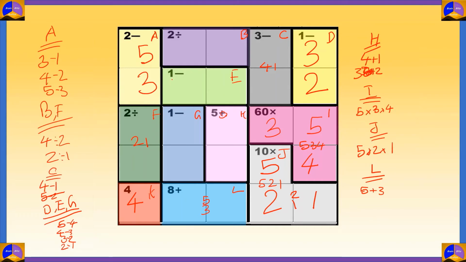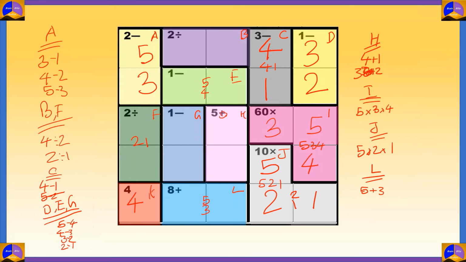Now let's look at cage E. Now in that row, the remaining numbers are 1, 4 and 5. But 4 minus 1 is not equal to 1. 1 minus 4 is not equal to 1. 4 minus 5 is not equal to 1. But 5 minus 4 is equal to 1. That is the only option in this row which can come in cage E. So 5 and 4 will go over here and 1 will come over here, and for completing this cage 4